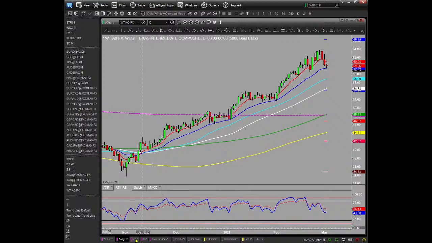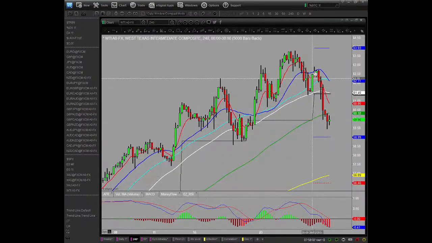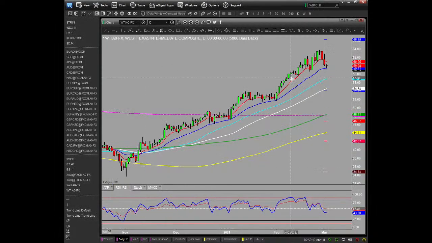So oil is seeing the pullback here. I didn't see the notes from OPEC so far, but lower highs, and technically it's starting to break some trend lines here and looks a bit softer to me. So I may look at that at some point. Coming back to the dailies, maybe it's still a little too strong on this daily above this 21, but it might be setting up for a bit of a retrace. I don't see it retracing massively, but maybe back to about $50 at some point.